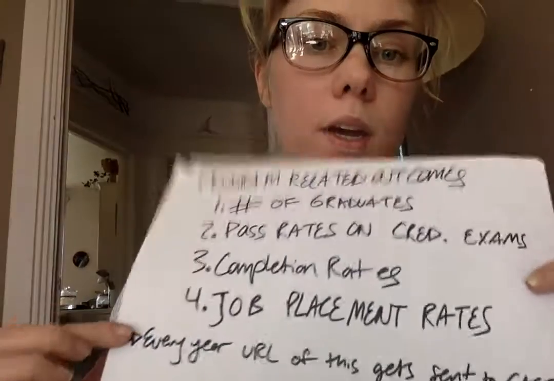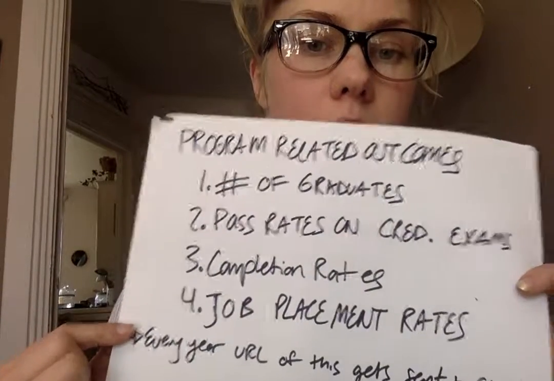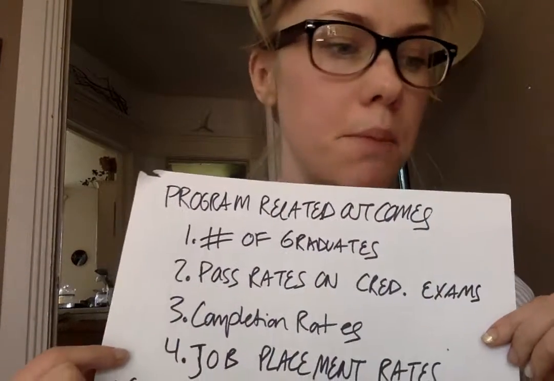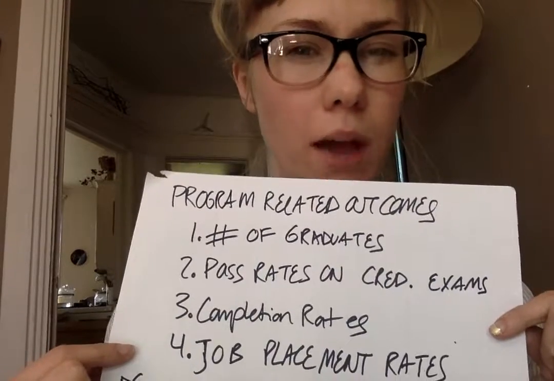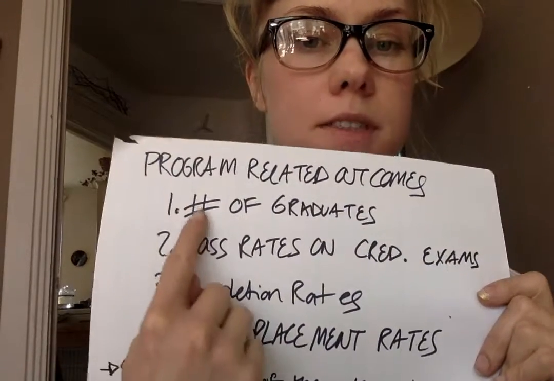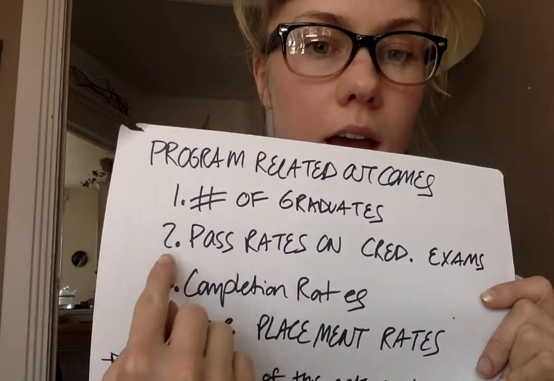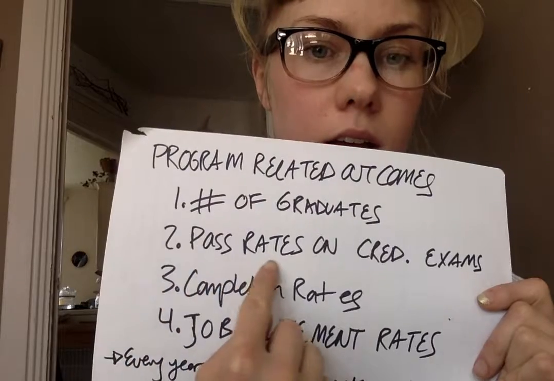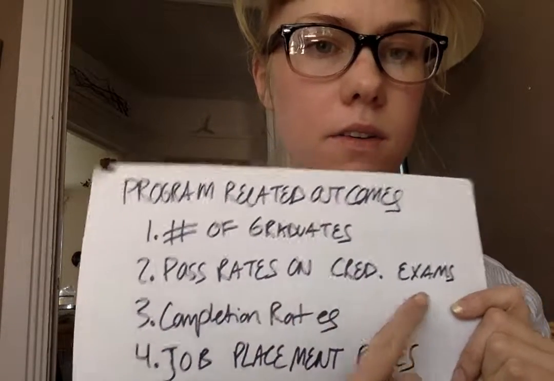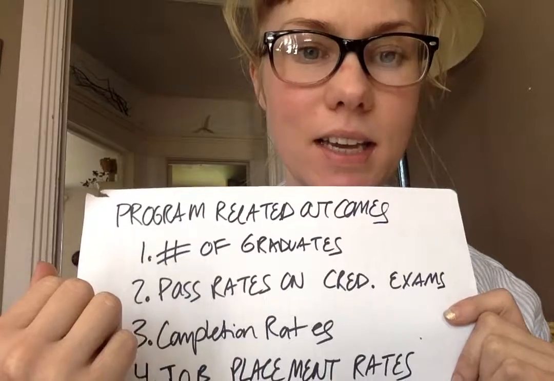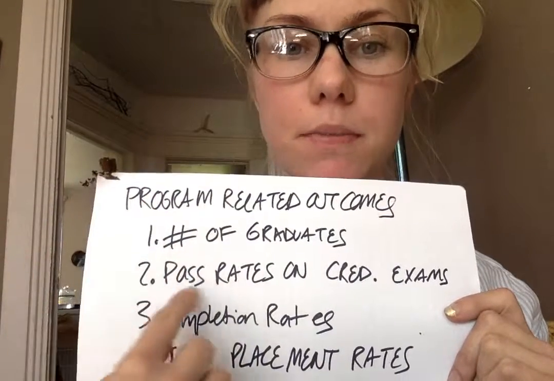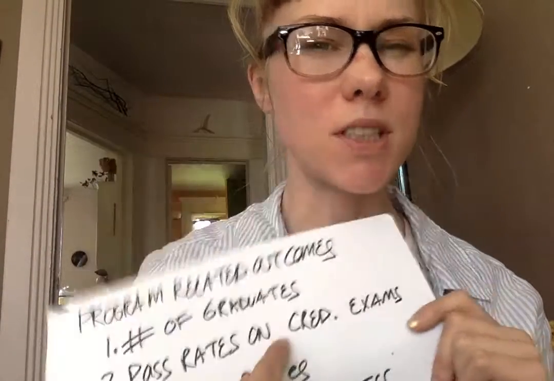All right, let's start with the program-related outcomes. This is probably the hardest thing. So we have to list this information on the website every year, and I'm not sure by what day. It just says that we have to do it every year. So we have to list the number of program graduates, and we have to list the pass rates on, it says accrediting exams. I think they mean licensure exams of students in the program,